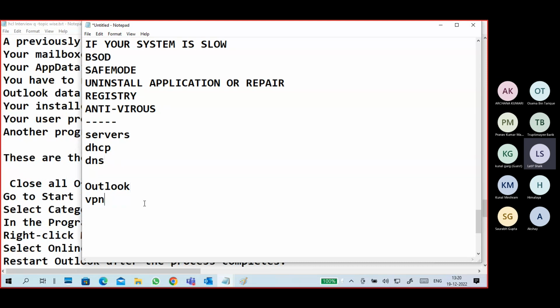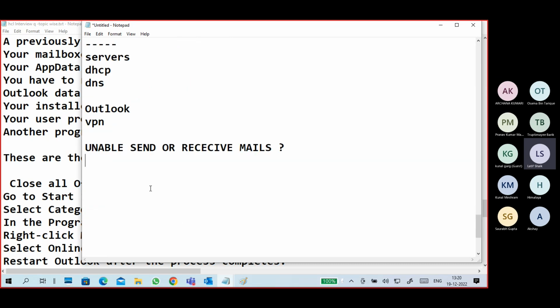Like that, there is one question: if you are unable to send or receive mails, first of all you have to check the network, meaning internet. First is internet, second is configuration, Outlook configuration.